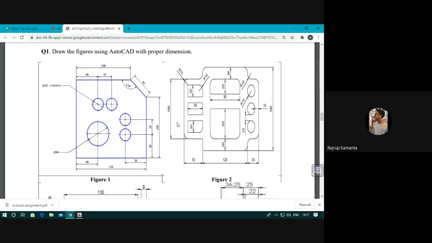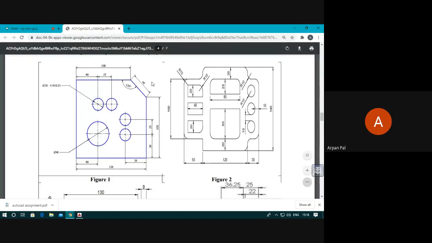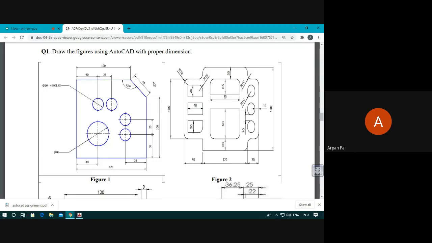Sir, the rectangle, then we can put that part, the chamfer one, that side one. We can do that. Chamfer, you have learned? No, sir, I know just a little bit, not so much. Okay. Then what is the dimension of that? That also I don't know. What is the vertical dimension of it? I also don't know. The vertical dimension of this total rectangle you are telling, that is also not given. So why should we not use the chamfer at this stage? We shall use the chamfer when it is required.